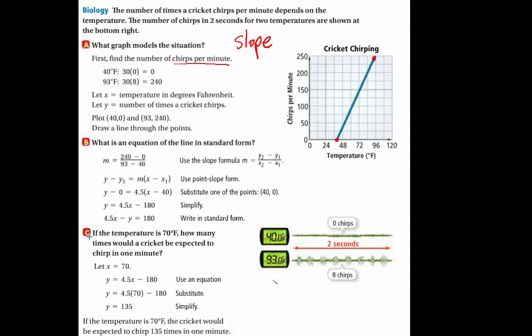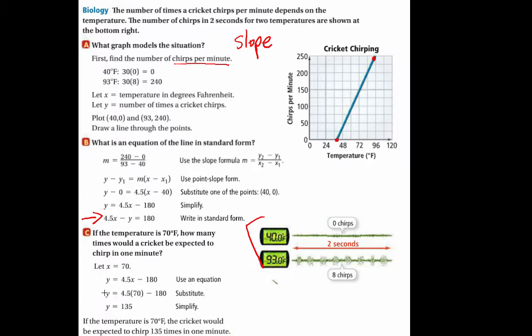Now, our part C, if the temperature is 70 degrees, how many times would a cricket be expected to chirp in 1 minute? This is where having an equation comes into play because we have 2 specific points of data for the situation. We use those 2 points of data to graph it, but what we need here, the whole key is getting this equation. If we can develop this equation, then we can answer any question like this for any temperature once we have the equation. So temperature is x, so let x equal 70, and then just substitute it into our equation and